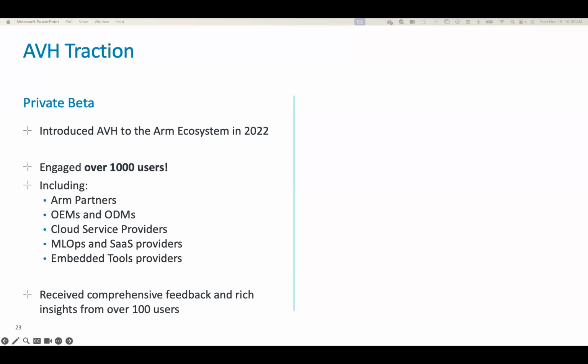That included our licensees, so silicon providers that do a lot of modeling today to try out this technology, OEMs and ODMs that make ARM-based products to try out software development and explore modernizing their workflows, cloud service providers across the spectrum where they're using ARM servers already, or folks like AWS that have services that integrate ARM products into, MLOps and SaaS providers like Kixo and Noda AI and Edge Impulse to try out using ARM virtual hardware